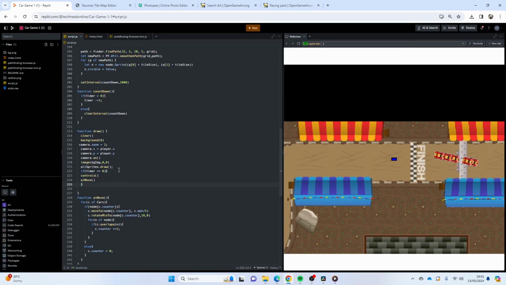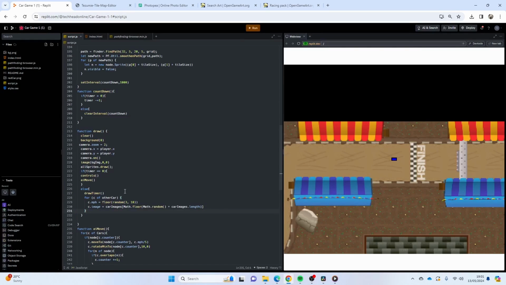I think what else might we need? I think drawing that probably makes sense as well. So if timer is 0, otherwise, what I might do is make a function called draw the timer. I'm going to call that, and then I've already got some code here, so I'm just going to put this in there. Now what I am going to have to do is turn the camera off there so we can